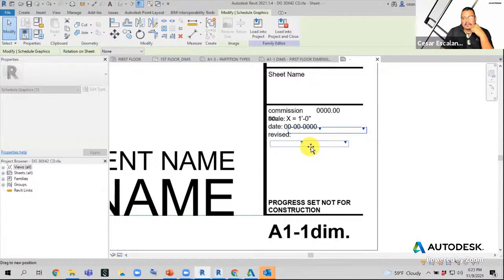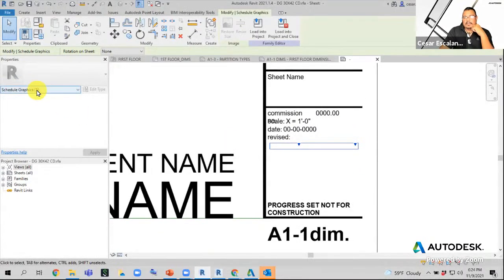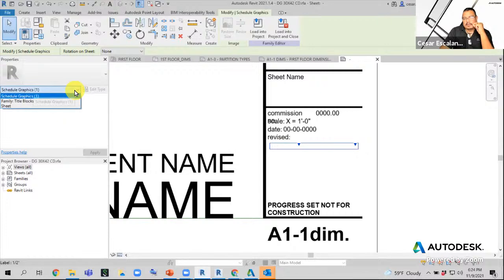And the schedule graphic is a placeholder of the revision schedule. It only has two parameters. I can see two columns. You can see that little arrow pointing down. That's the control of the schedule that defines the width of the table. And you can stretch the size of the revisions by dragging in or out the horizontal location of this control. Now, this schedule graphic, if you hit this,